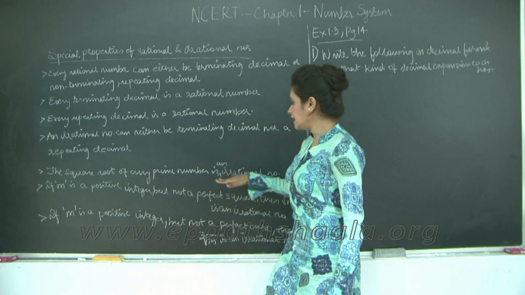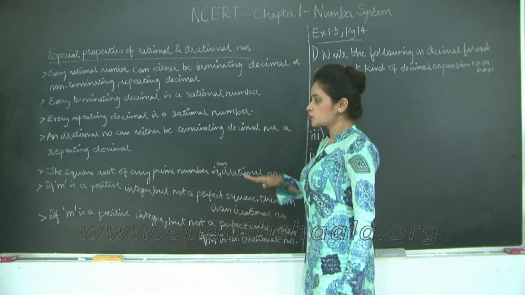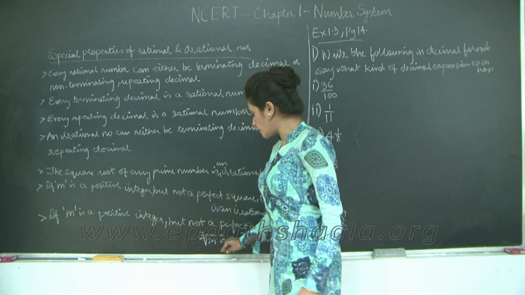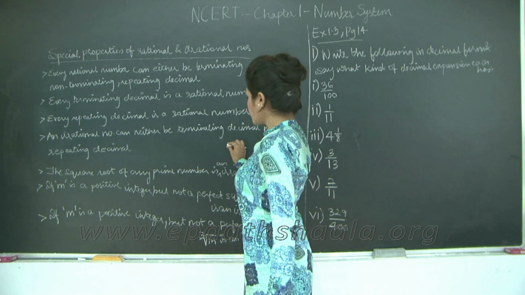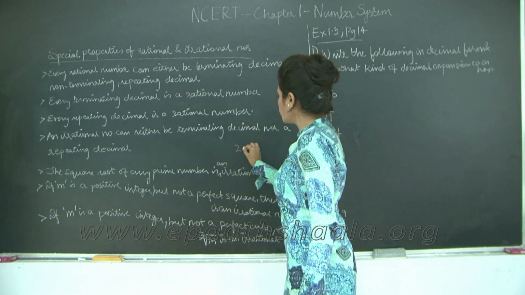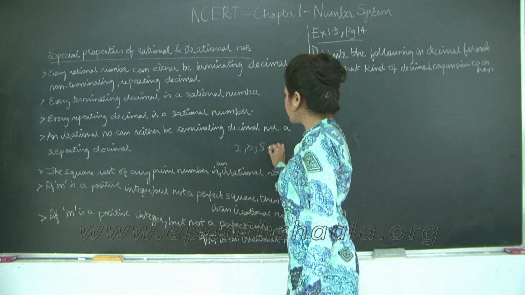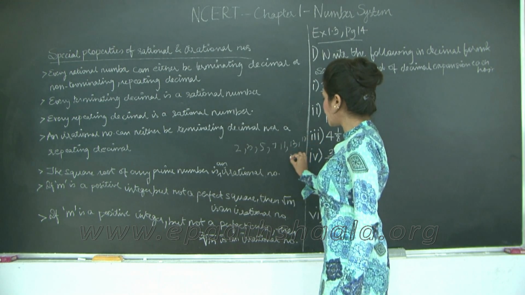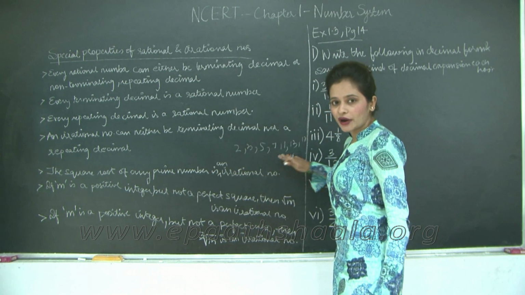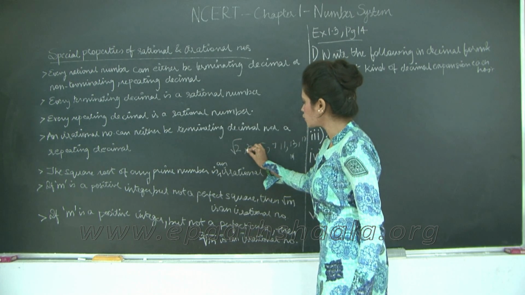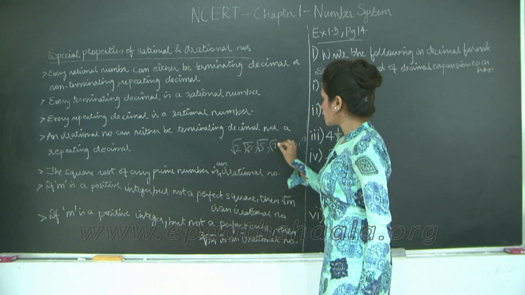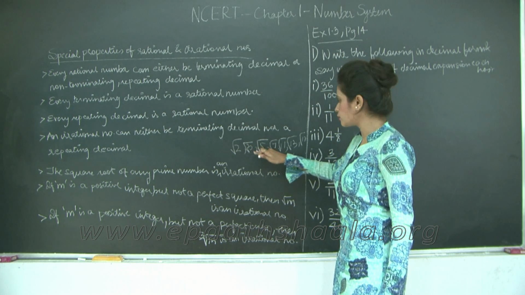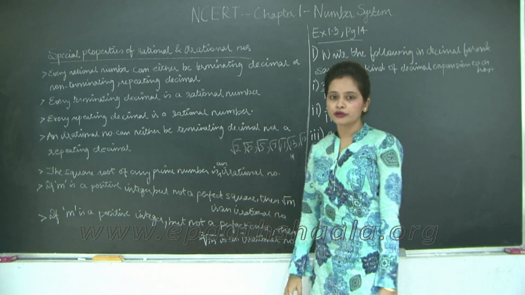The square root of any prime number is an irrational number. Prime numbers are numbers that are divisible only by themselves or 1. Between 1 to 10, for example, they are 2, 3, 5, 7, and after 10 you have 11, 13, 17, 19 and so on. So all these are prime numbers. Now if I take the square root of these numbers, whatever answer we get for root 2, root 3, root 5 or root 7 and so on, they are all going to be irrational